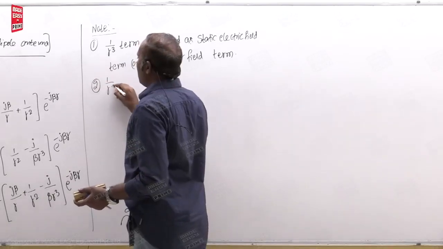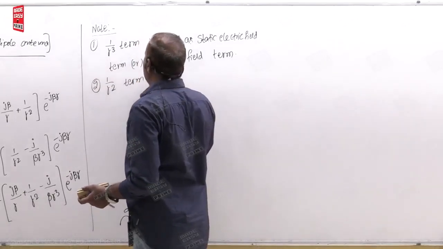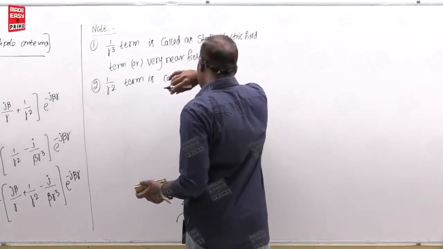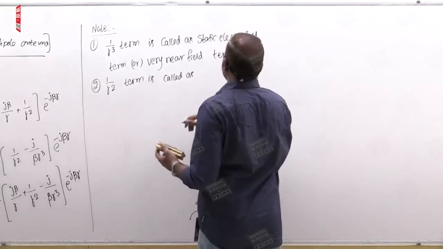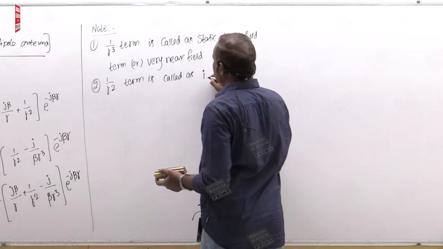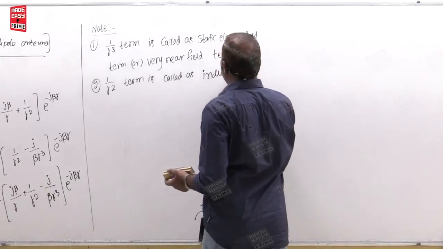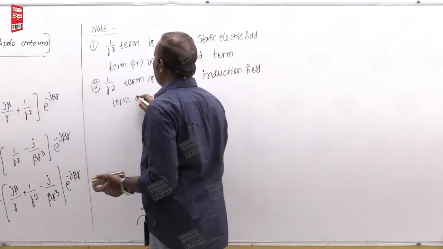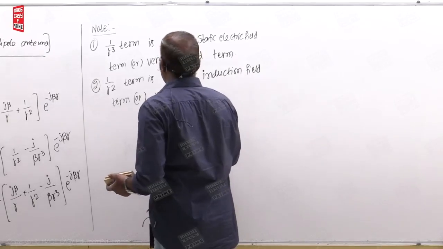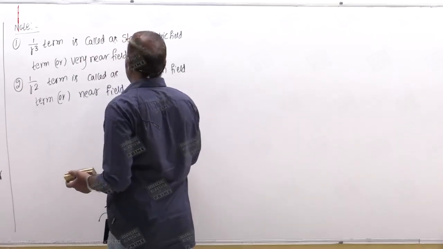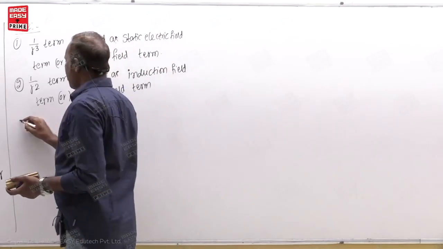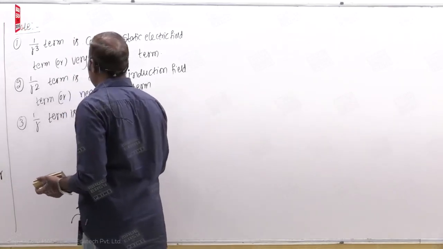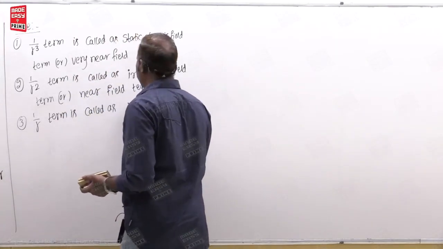The second one, the 1 by r square term, is called the induction field term, or otherwise the near field term. Okay. The third one, the 1 by r term, is called